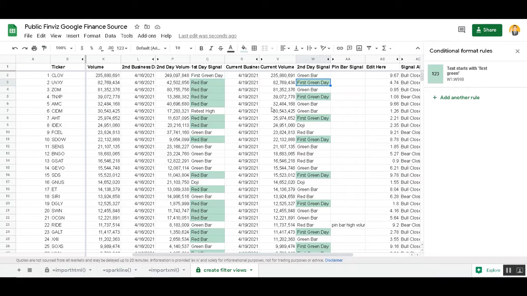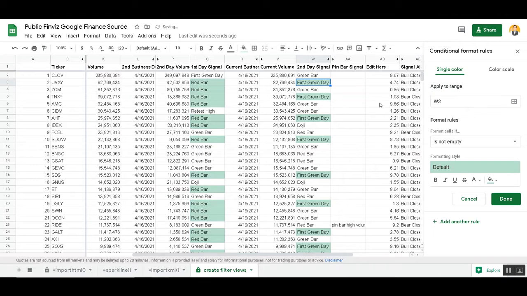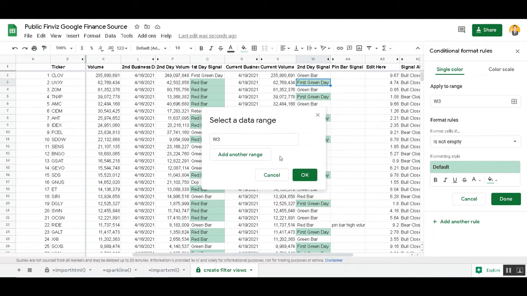And this is how you use conditional formatting. Can you add another rule? Yes. Whenever you use conditional formatting, it is restricted to columns and rows. You cannot, as far as I'm concerned, have the whole row affected. Let me put it this way, because the rules are isolated only on a per cell or per column basis, if let's say I want first green day,